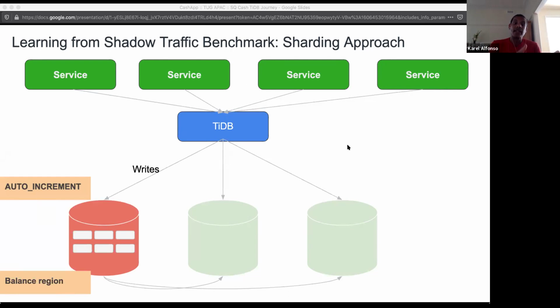Even the service that is taking shadow traffic is going to consume from more topics in the future that could have even higher traffic volume. So with auto increment, you can end up with hot shards, meaning that one TiKV node will get most of the writes. Even though there's a scheduler that balances the regions and moves the data across, based on the load you can still get a hot shard. So if you're planning on using this approach, my advice is to run your own benchmarks for the particular workloads that you're trying to put into production and decide from there.